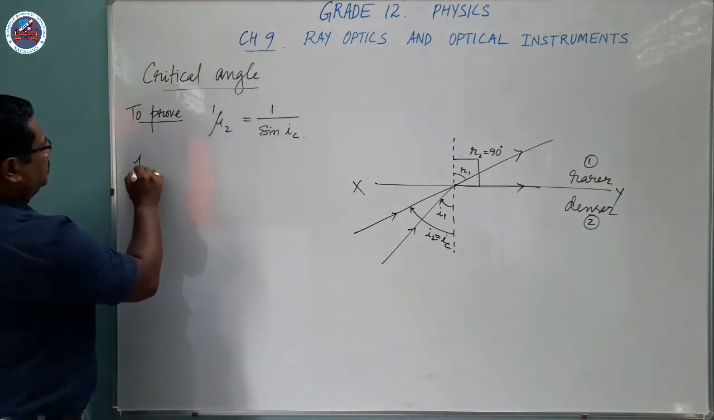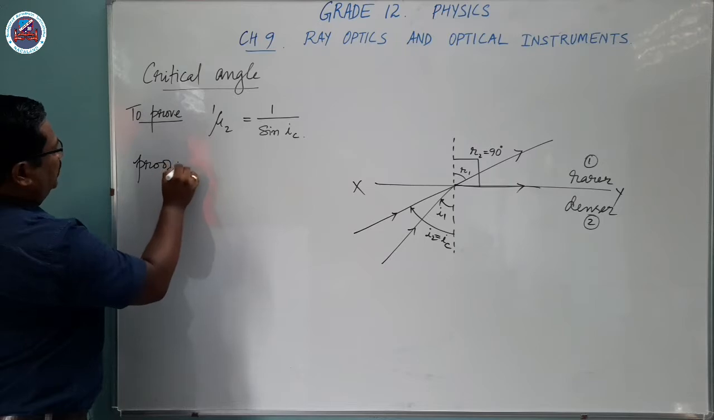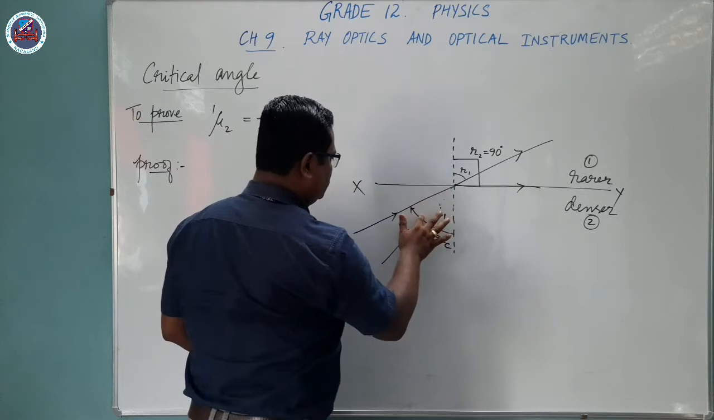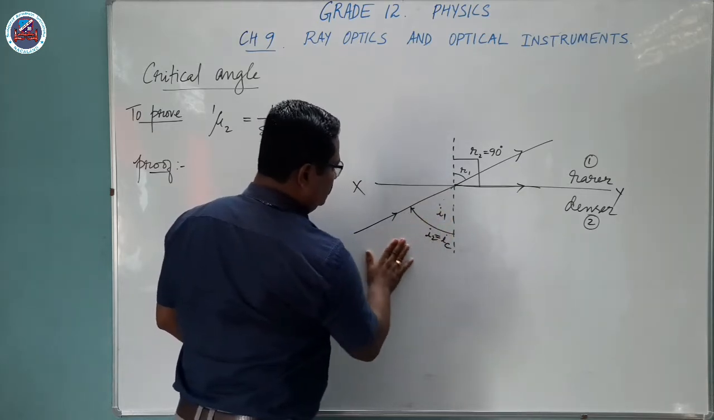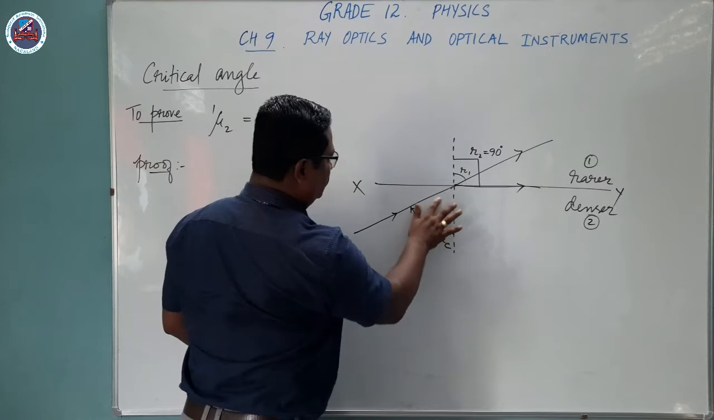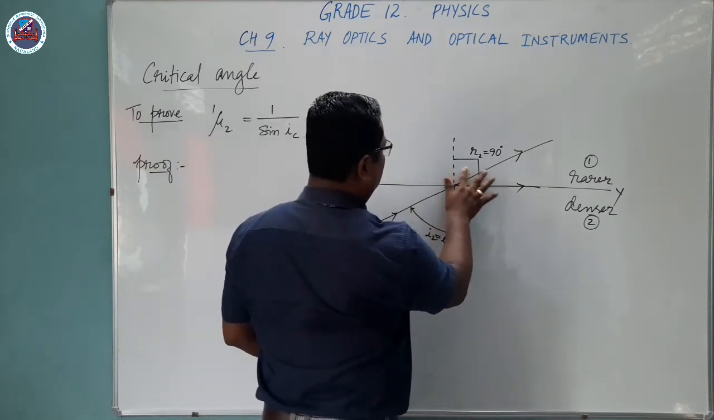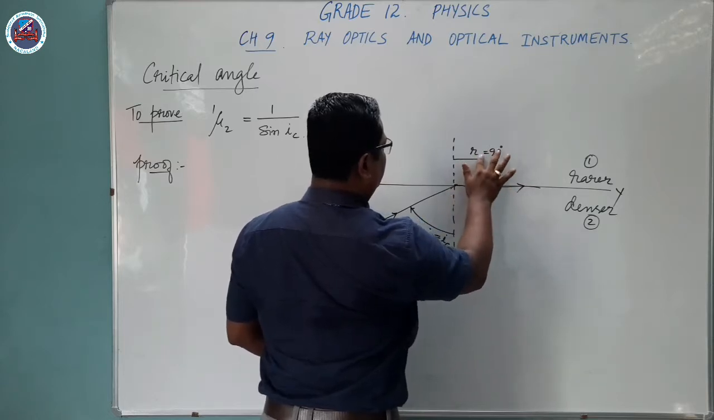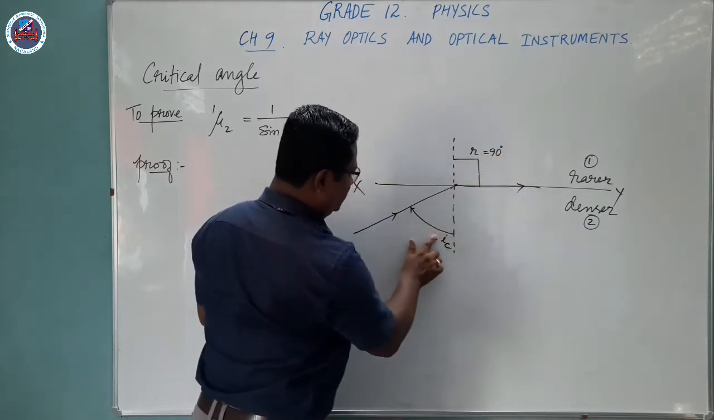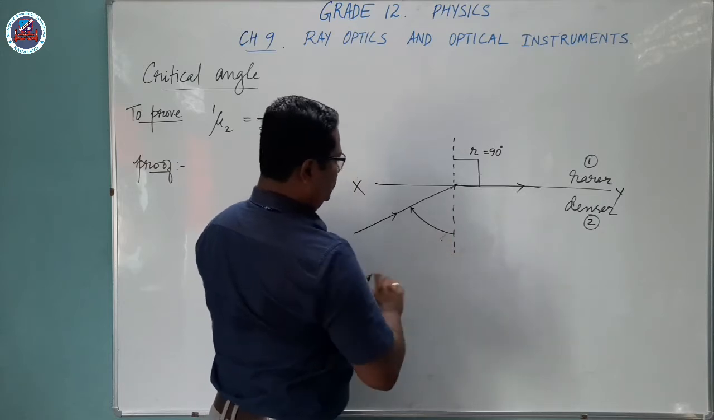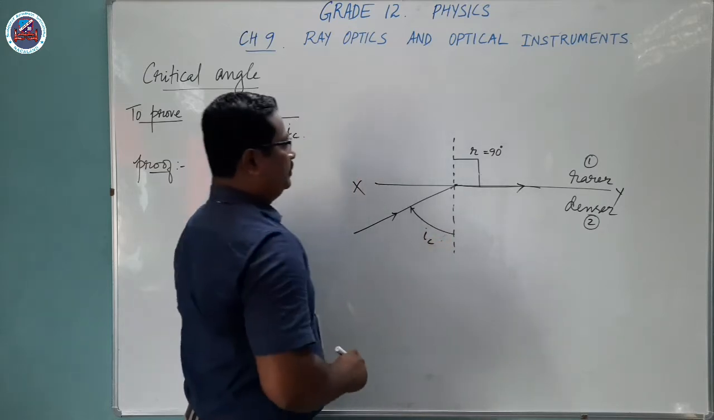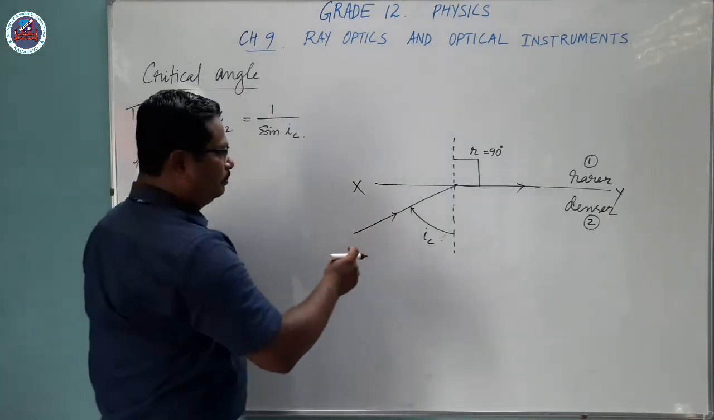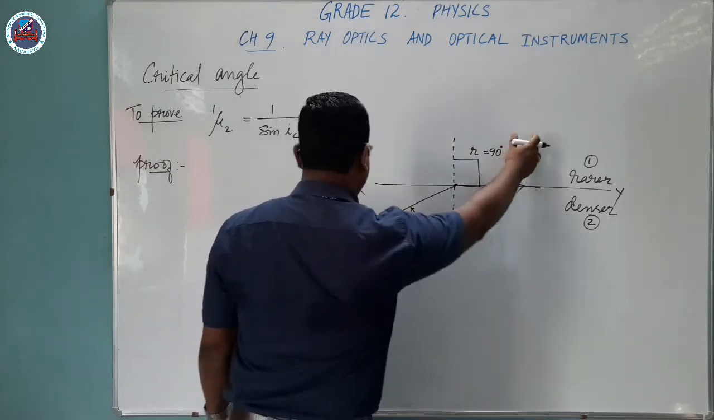To prove this, you don't have to draw two rays. So this first part I am rubbing out. This angle of incidence, the first one, remove it. Then this angle of refraction will be 90 degree, and this angle of incidence will be called the critical angle, IC. So if you use Snell's law, when light is entering from denser medium to rarer medium,